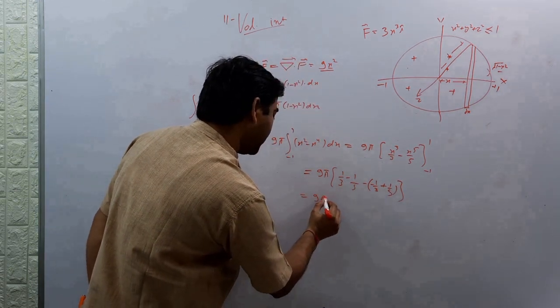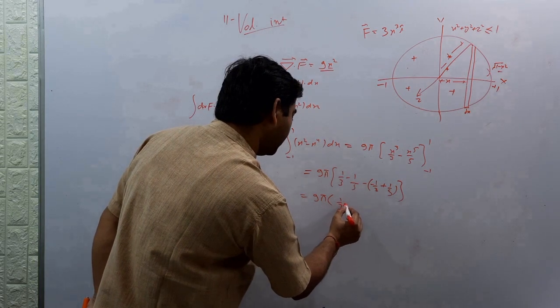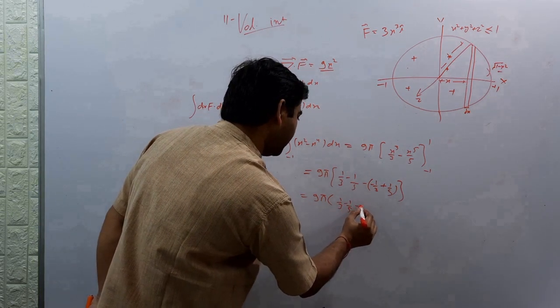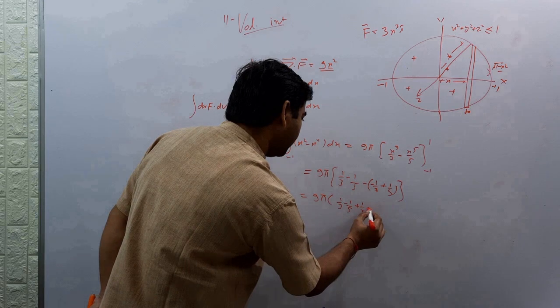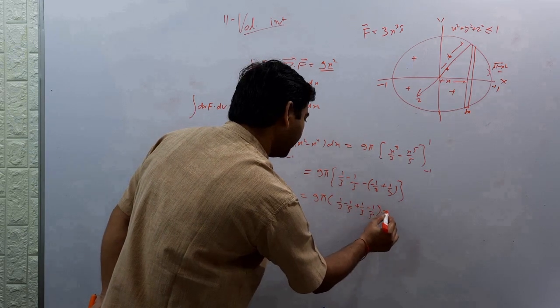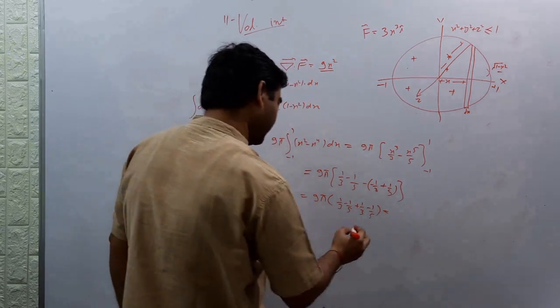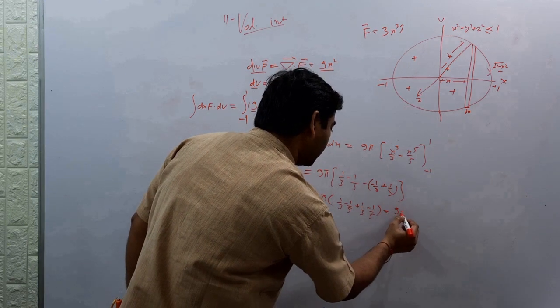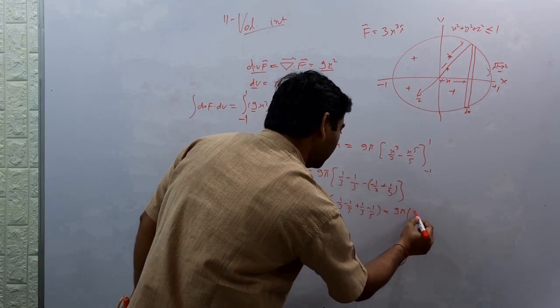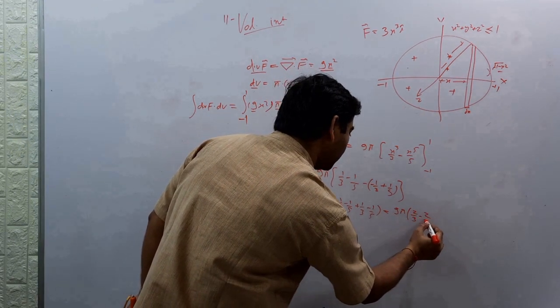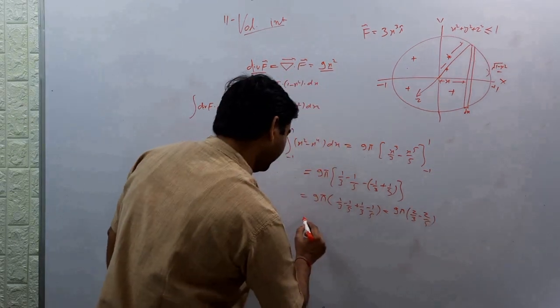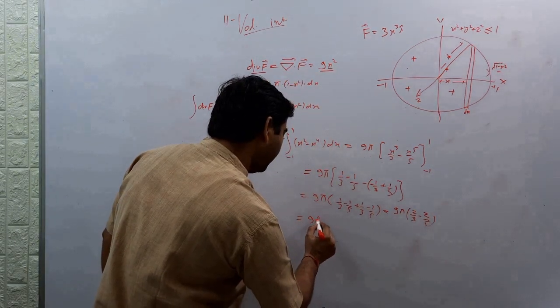This is 9 pi [1 by 3 minus 1 by 5 plus 1 by 3 minus 1 by 5], equal to 9 pi [2 by 3 minus 2 by 5], equal to 9 pi